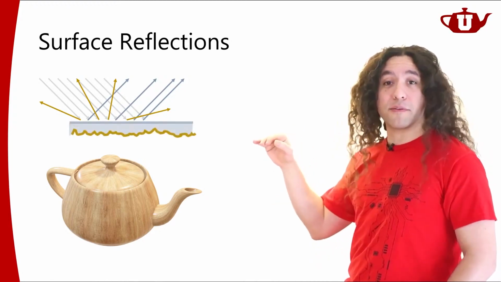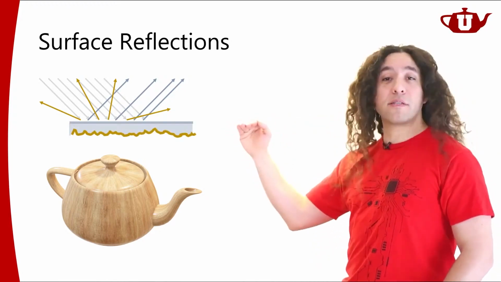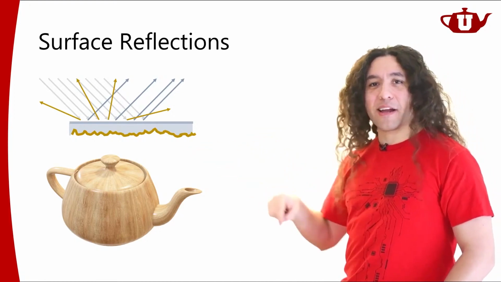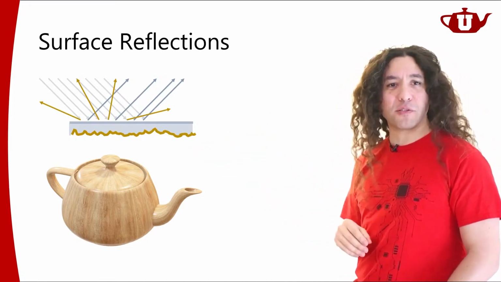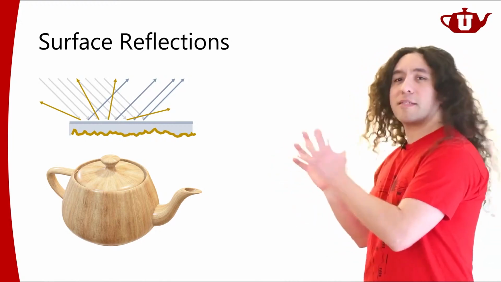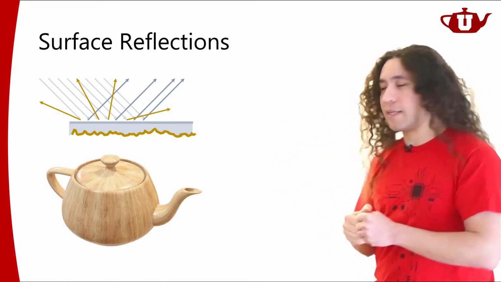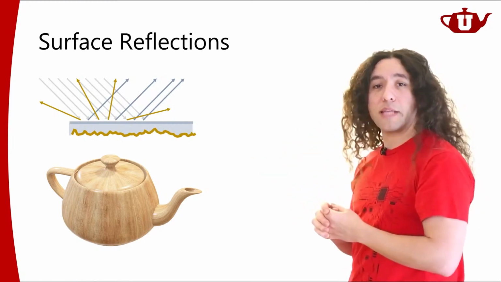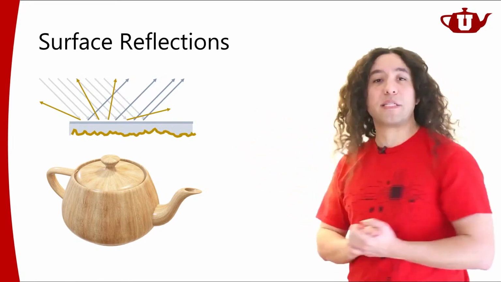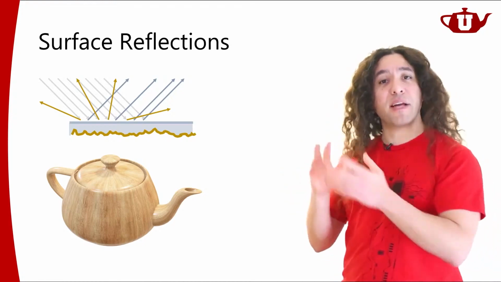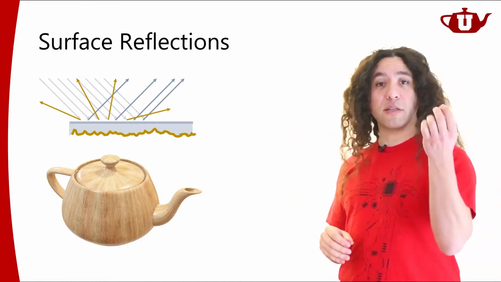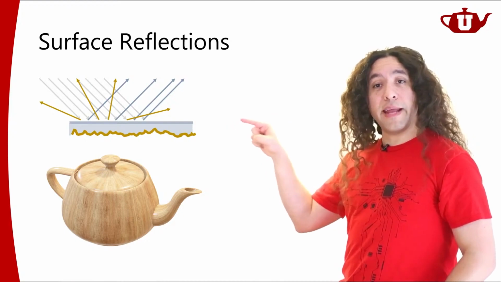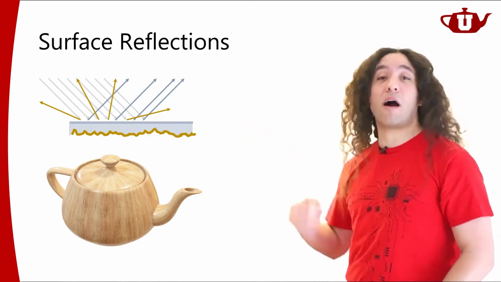Or it could be a layered surface. So I could have a coating on the surface that's perfectly smooth or almost perfectly smooth. And then there's this underlying layer that is sort of rough where I see some diffuse reflections. Regardless of what this is, what you need to understand from here is that when the light comes and hits a surface, a part of it is going to scatter in all directions, and how it's scattered depends on what kind of material we have on the surface. And this material reflectance function, or more specifically bidirectional reflectance distribution function, is going to try to define what the surface is and how it behaves, how the light reflects off of that surface.